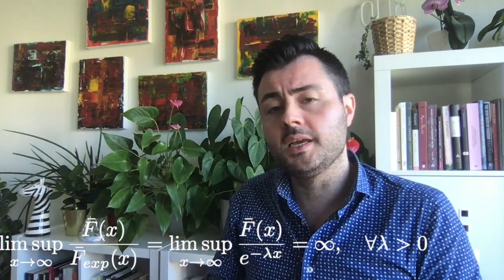So what we are saying is that a distribution is heavy-tailed if the mass it assigns to a tail event is larger than the mass an exponential random variable would assign to the same event. Conversely, a random variable is light-tailed if its survival function decays as fast as the exponential survival function or even